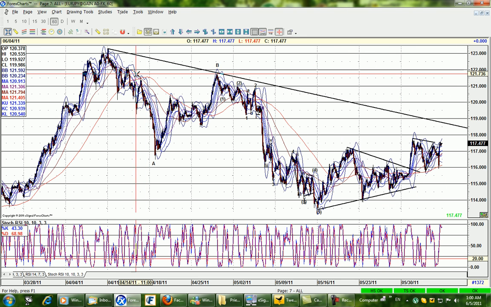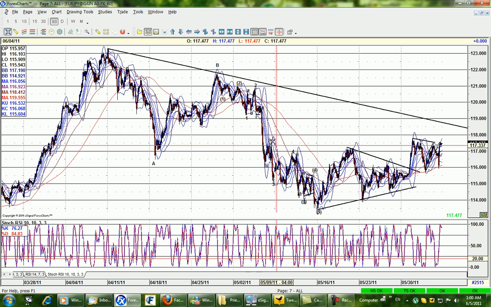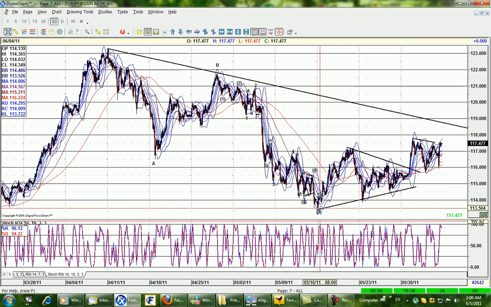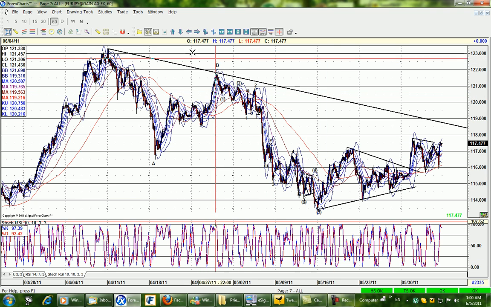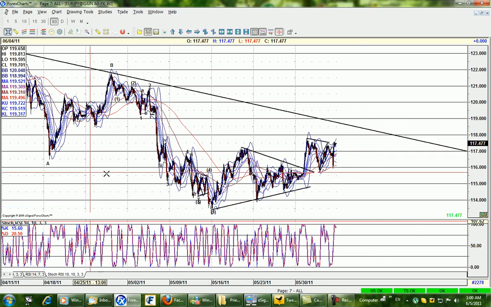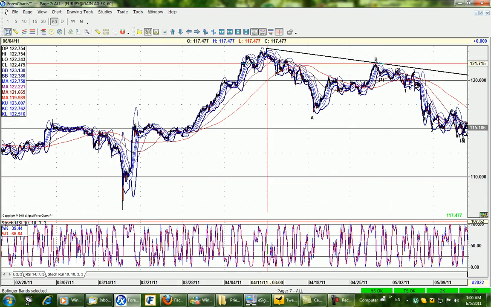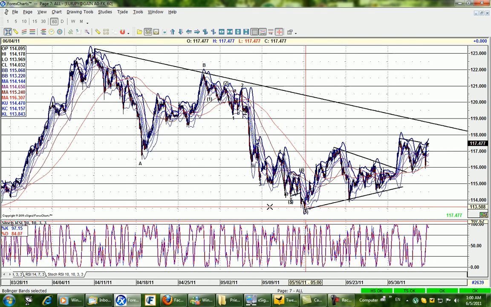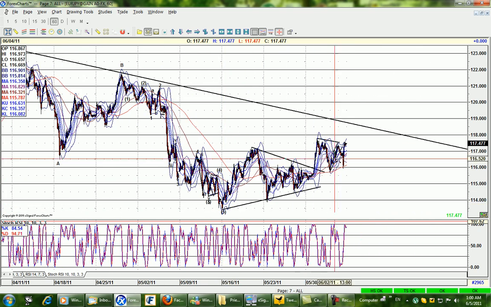A few weeks ago, I noted in some video that this is a very clear corrective pattern, and I was stalking where I can establish my long position as I was watching this 5 waves, this C wave down, which is forming in 5 waves down, and I think that we have seen the wave 2, this is wave 1, and this is the wave 2 bottom around the 113 level, and this is some kind of 1, 2, 1, 2,